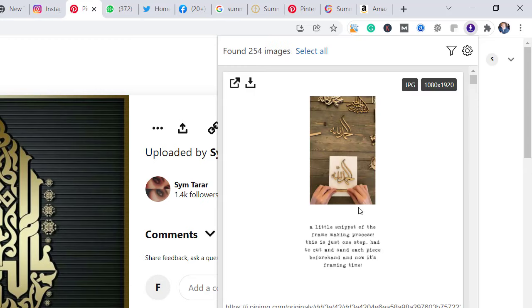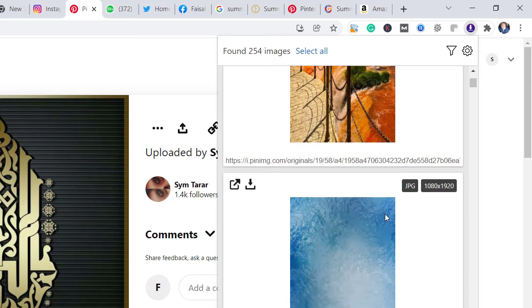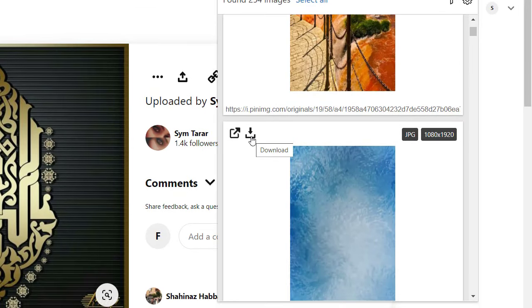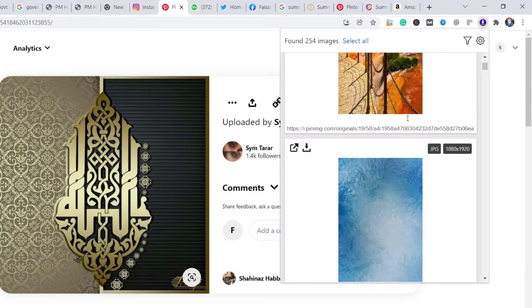In this window you see 1080, very good resolution. So we download these pictures, click here and you easily download. Now it's going to save, but at the moment I cancel it.